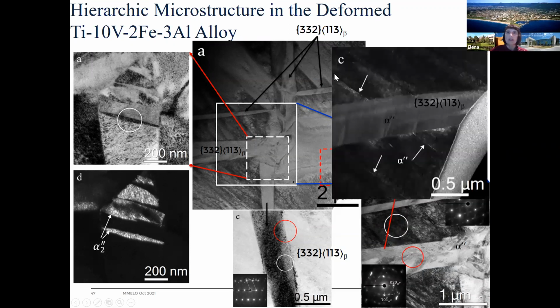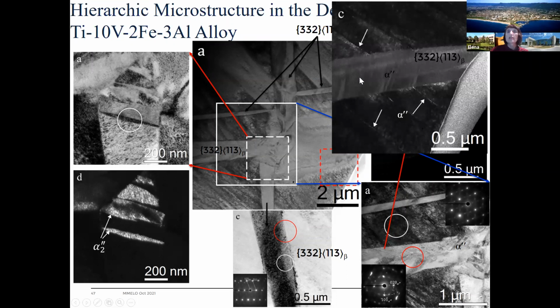If we zoom in, we could see this is our 332 twins with martensite forming, but in the remaining beta area, now we have formation of alpha double prime, which are small thin ones only, but directly from beta phase, not inside the twins. So as you could see, we have a very, very complex sequence of events taking place